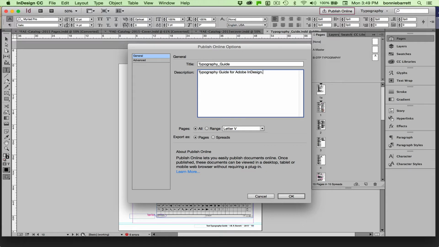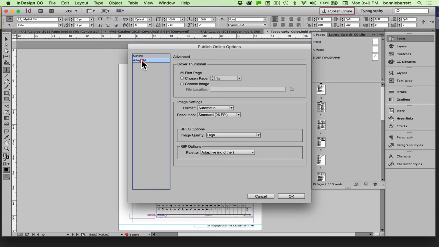Just a very simple little description. And I can choose a page range here, all, that's what I want. And in this case, I want to just export pages. For the last project, I exported spreads because I wanted the double page spread to show. But in this case, there's no spread, so I'll just go to Pages, and we have a few more things